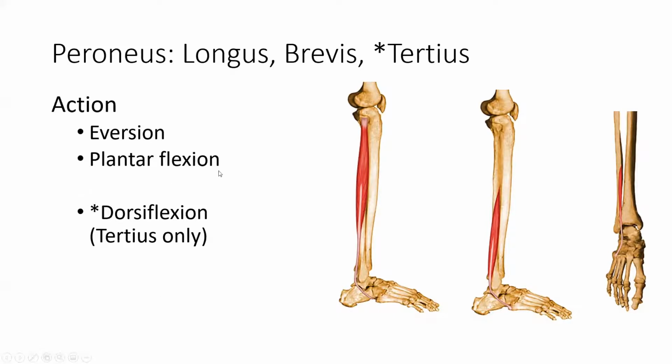The peroneals can assist in plantar flexion and tertius can assist in dorsiflexion, but think of them primarily as everters. And you might experience some trauma in these muscles if you roll your ankle, especially an inversion ankle roll or ankle sprain, where the dorsal surface moves lateral and the plantar surface moves medial. The peroneus group helps to stabilize the ankle in the frontal plane so that you don't roll your ankle or